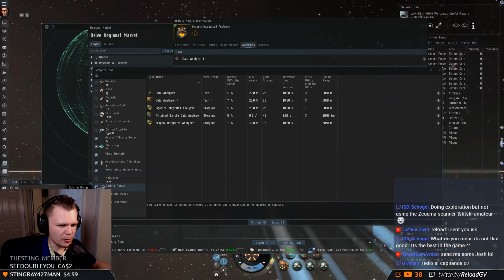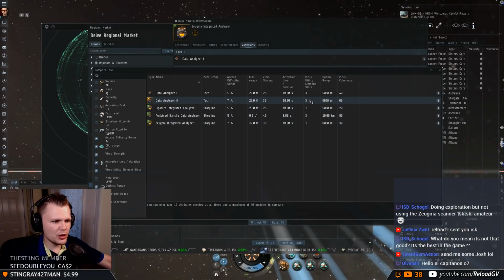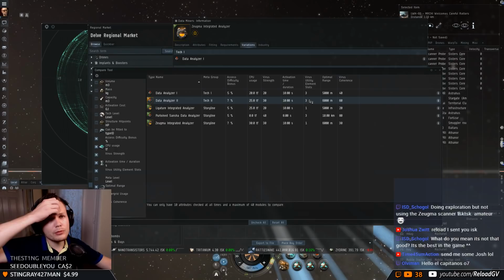Optimal range is better. Optimal range definitely is better. Power grid usage, same. We don't care about that. Virus coherence, no, that's important. Yeah, see, this is what I mean by... So yeah, I was kind of...